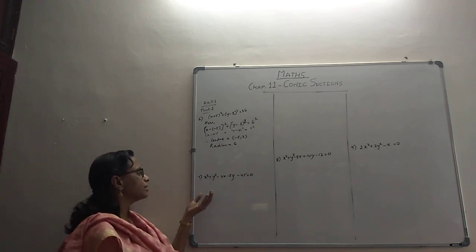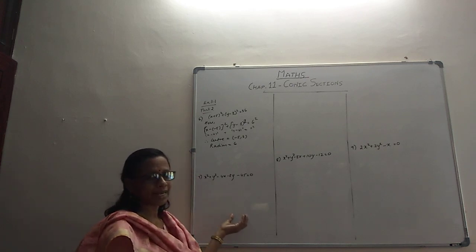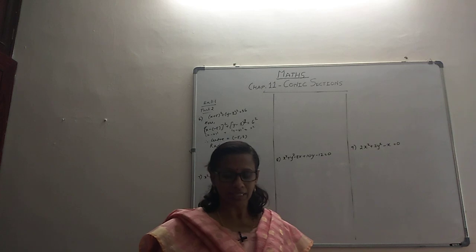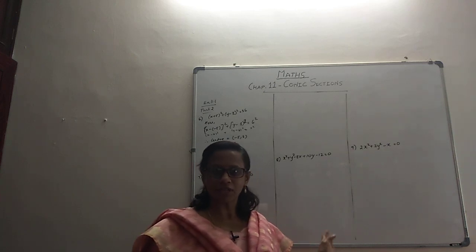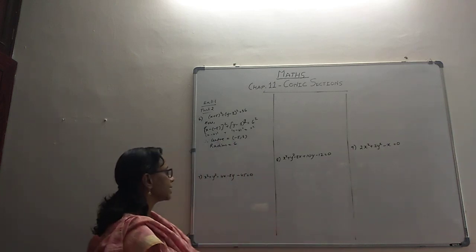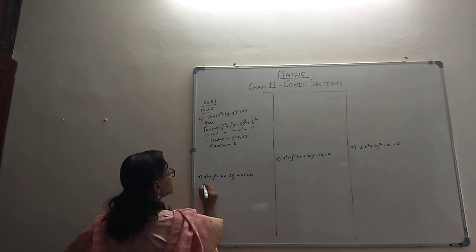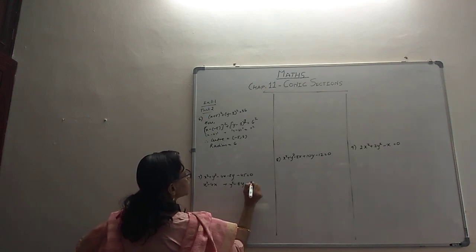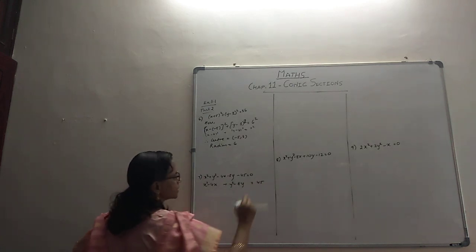Same way, but here there's a problem. It's not so ready-made like that. No problem, we have a technique. Those of you who have done completing squares in the 10th standard, it would be very easy to get this, but otherwise we learn a technique. What we will do is we'll club the x's and y's together: x squared minus 4x, y squared minus 8y. For our convenience, let 45 go on the other side.